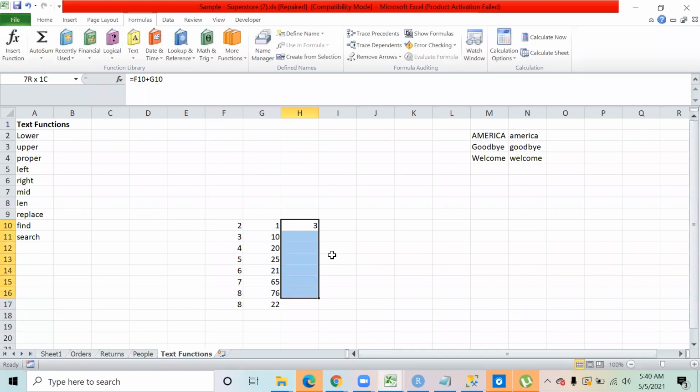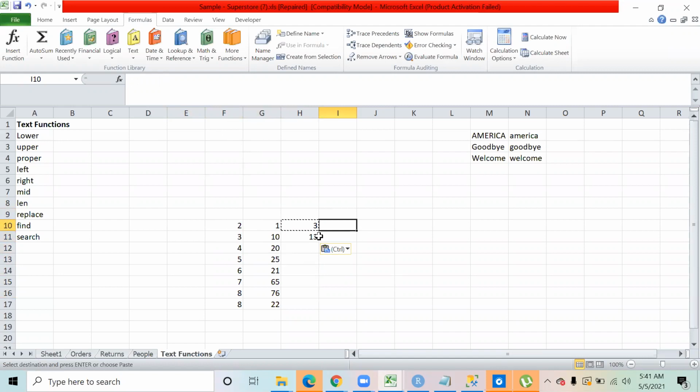If I now copy this and paste it over here, I right away notice it becomes 10 plus 3. So when I copied and pasted the formula down, it became F11 and G11. My row numbers got automatically incremented. In Excel, the rows and columns are dynamic.